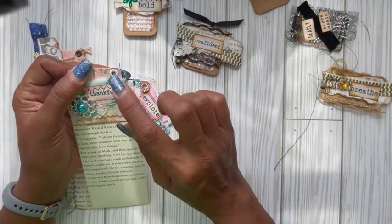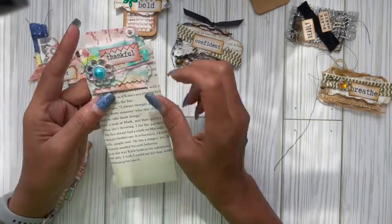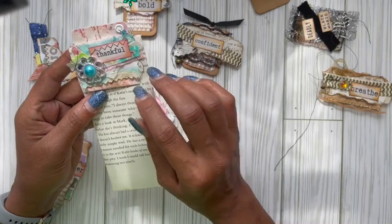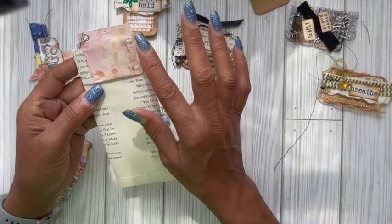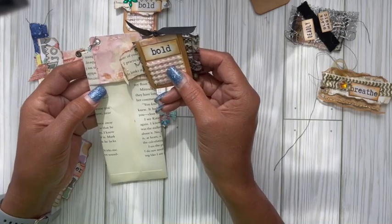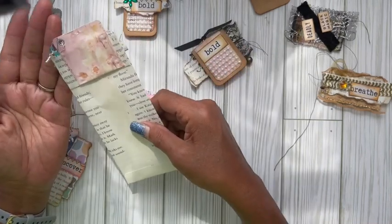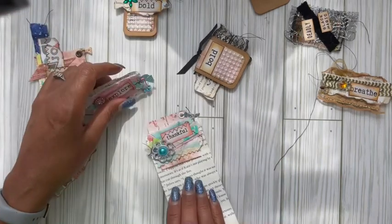Added that on a jump ring. These eyelets are from Temu as well. Added a little fabric cluster on top, and then didn't decorate the back, but I can. And I can do it similar to this, where it's just flat and then one more dimensional than the other. And to do this one,